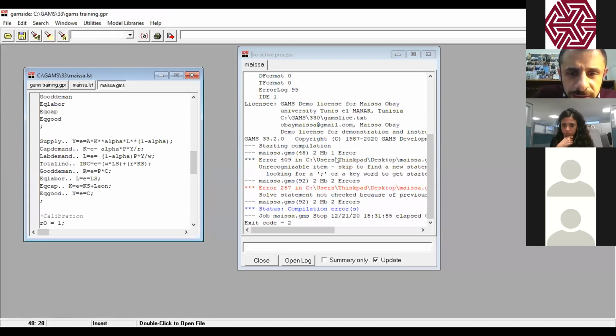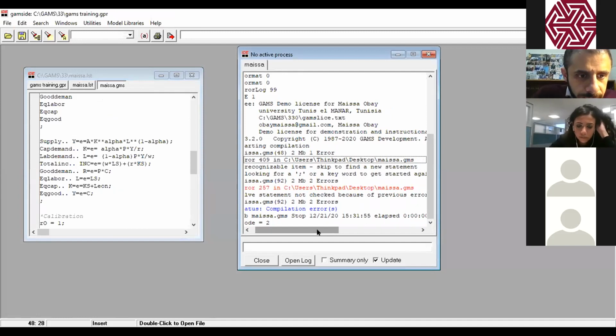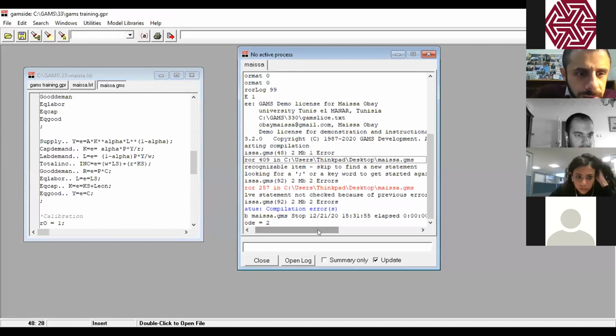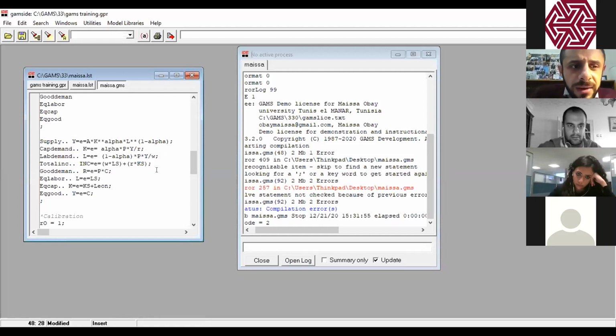So we're told that we have an unrecognizable item. What do you think? Maybe the P wasn't declared. No. One minus should be multiplied by. So we have to multiply 1 minus alpha. Yes, exactly. Run again, Maisa, please.